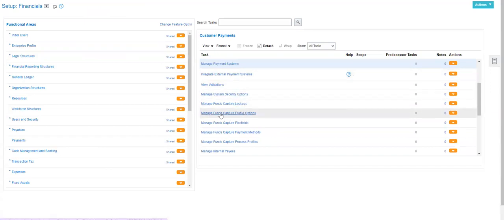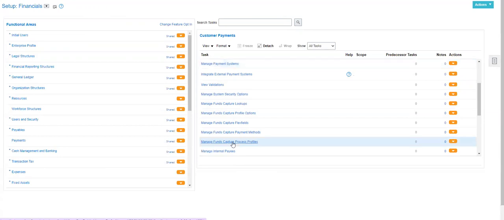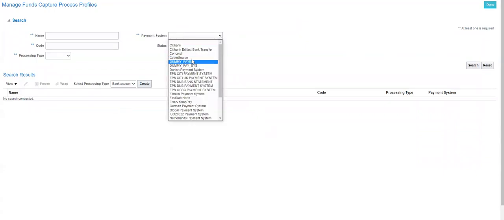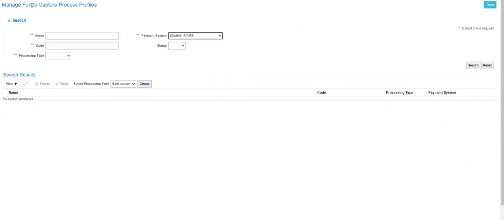Next is manage funds capture process profile. No, I don't think this is the one. Yeah, this one is required. The funds capture process profile is attached to the payment system we have created.